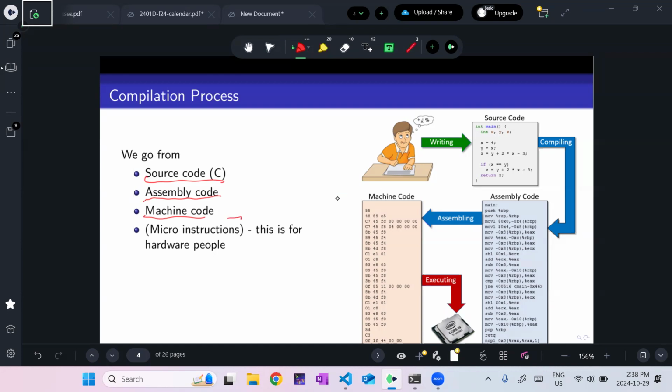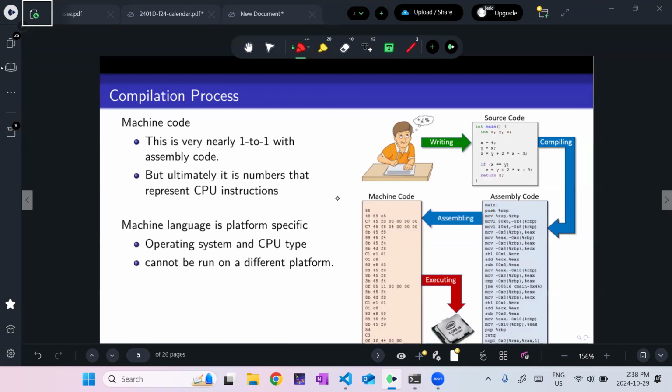Then, when your machine code is running, it gets turned into micro instructions in your CPU, but that's beyond the scope of us as software engineers, unless you want to get into hardware, making these CPUs. A couple things to keep in mind when we compile. This machine code is platform dependent, which means that if I run it on different hardware or a different operating system, mostly a different operating system, it's going to produce different code, and it won't be able to run on a platform that's different.